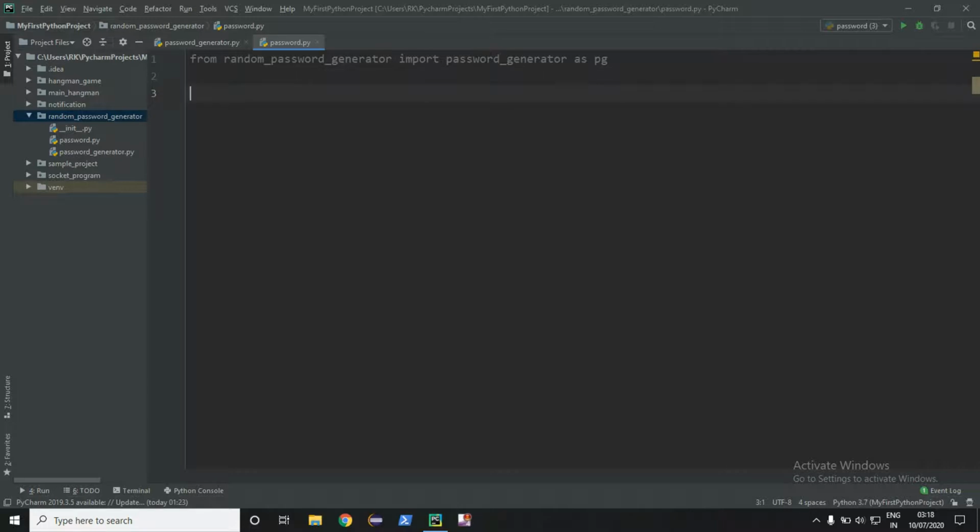Now we will ask the user for the inputs. For that we will print U for uppercase, or let it be just upper, L for lower, D for digits, and S for symbols.